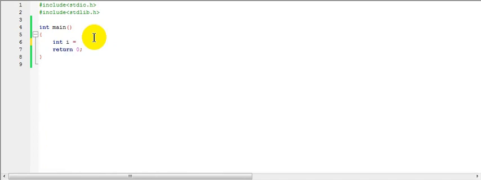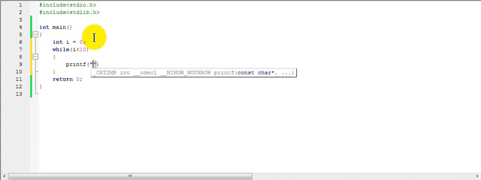I'll take int i and I'll equal it to 0. Then a while loop, while i is less than, I'll say 10. And what do I want it to do? I'll just print out the value, printf the value, and every time in a new line. So now I'll just write